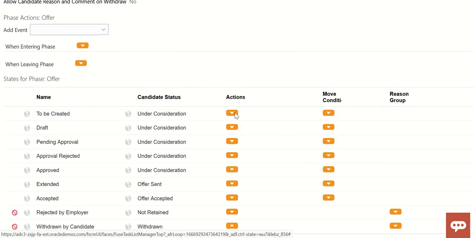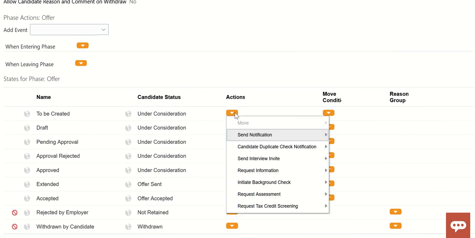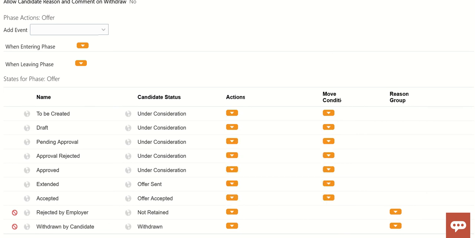Again I'll say that under the action, the same configuration you can do, but here you will see move is not enabled, because we cannot move that candidate to the other state automatically. It is not possible in this phase unless the candidate reaches the offer accepted stage.